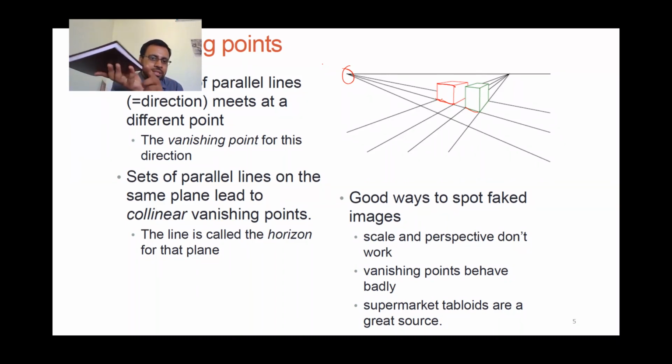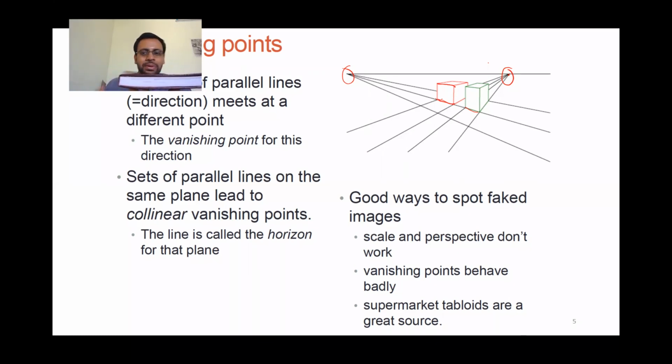Similarly here, this and this, these are also there. And when I again do a perspective projection of them and extend them, they would converge at another point here. So, any other sets of parallel lines? I said 1, 2, 3, 4. These are parallel lines. 1, 2, 3, 4. These are parallel lines.